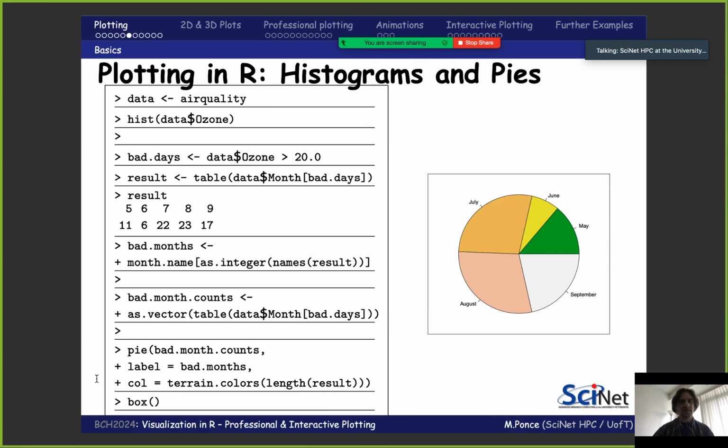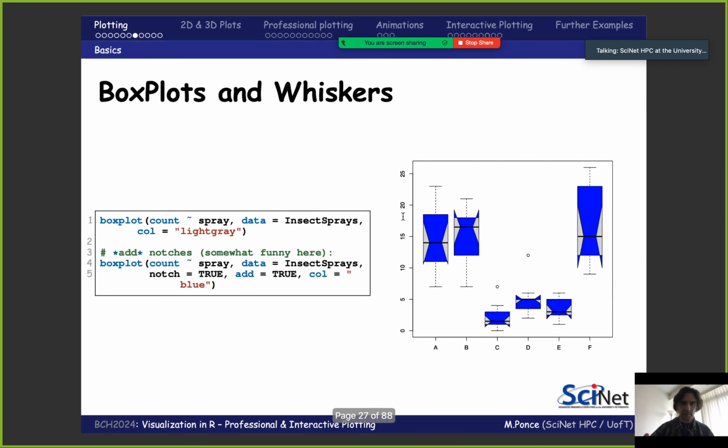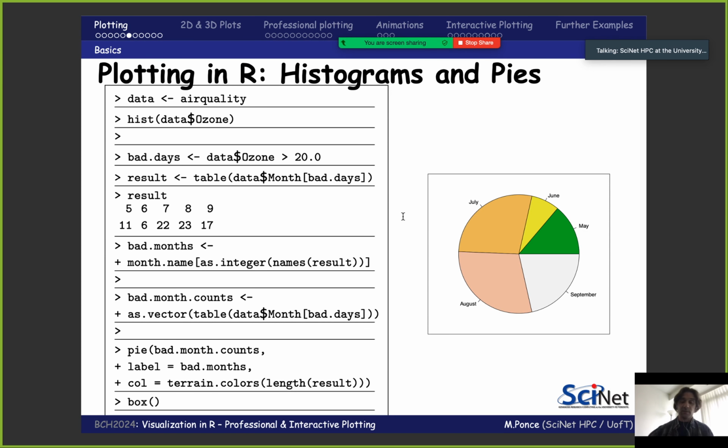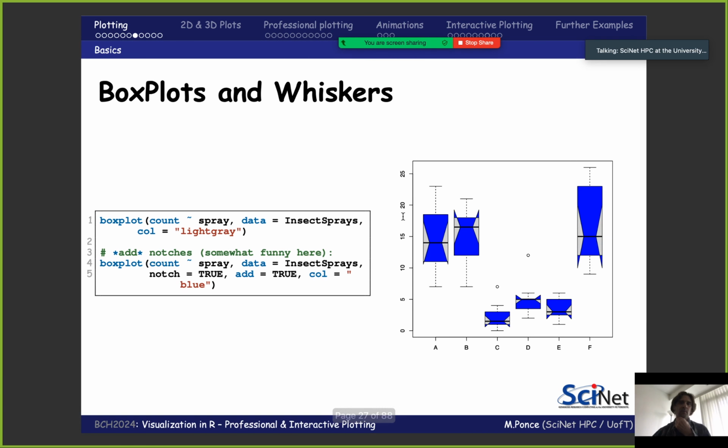You can draw a box. I think I showed you this command some time ago. It basically encloses the graph that you have in a box if you would like to do that. Maybe you shouldn't, or you would. Any questions about this, please let me know. If not, I'm going to move into another graphical object that is one of the most popular ones, box